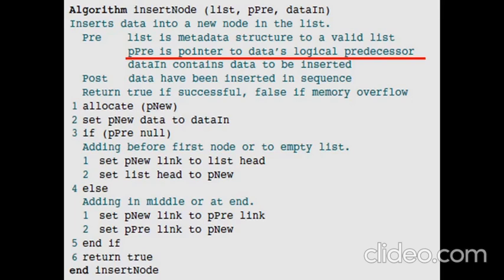And we are not going to implement the search operations or discuss the search operation in this particular algorithm. We assume that the predecessor, the logical predecessor, is somehow found already. We are just going to complete the insert operation. So this algorithm will only focus on attaching the new node into the list. So p3 is the pointer which is the logical predecessor after which the new node has to be inserted.